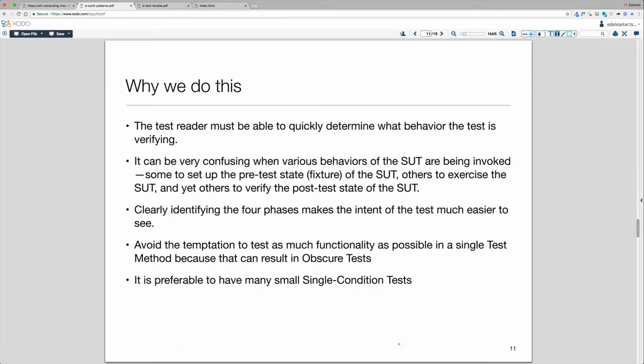Now, why do we give it that name, and what does it mean? Well, the key point about the 4-phase test is that it's very common, and it can be clearly identified by the reader of the test. The reader can see the intention fairly quickly, can see each of the 4 phases, and can understand and grasp the key feature that is being